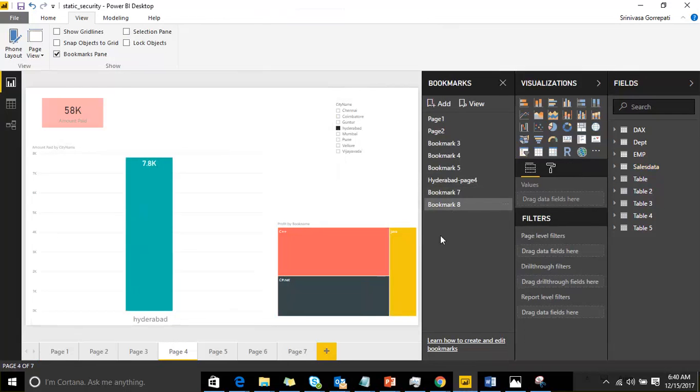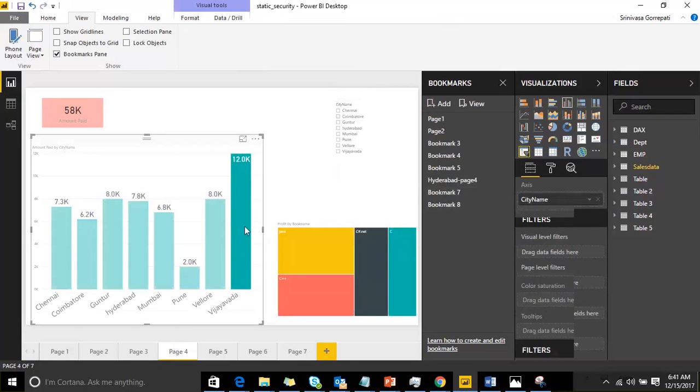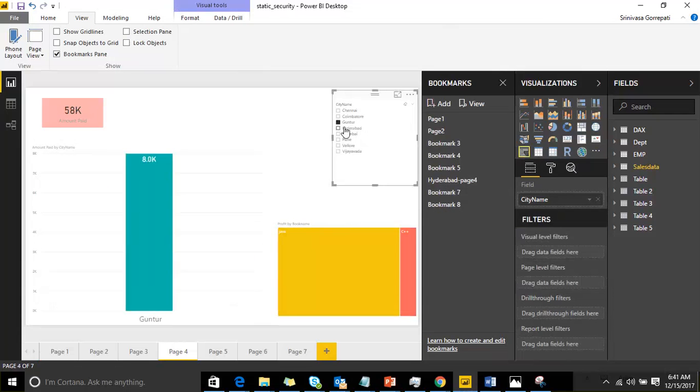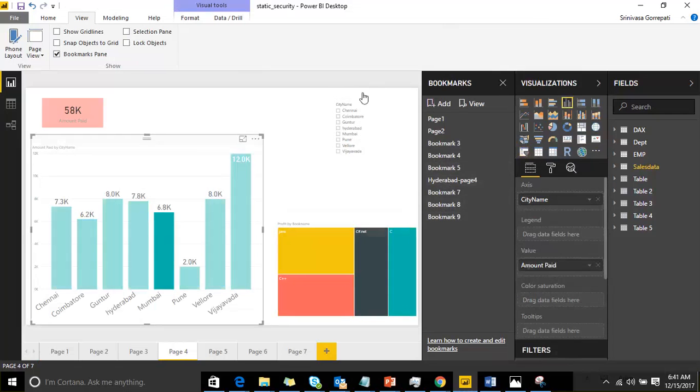You can see bookmark 8, which is representing the Hyderabad data, as I filtered here. So this is working fine, but whenever I filter here, it is not showcasing. I'll check and confirm what limitations are available with this. But for now, if I filter something and bookmark it, that is getting saved, and you can see it wherever we added, it is displaying over here. Why it is not showcasing if I filter here and save it, I'll check and confirm.